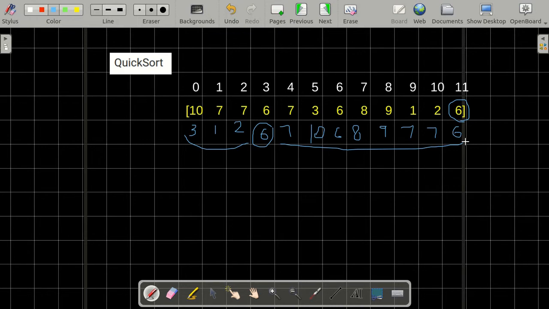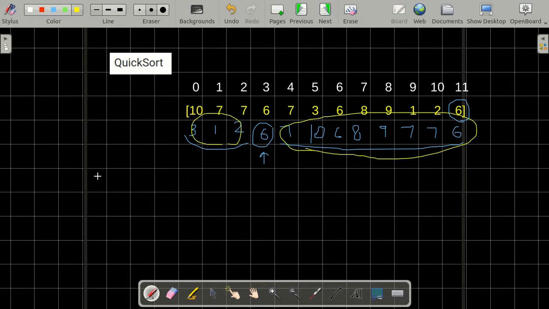Now what I have to do is, once I have called the partition algorithm and I have got the index on which the number has been placed correctly, I am going to call the quicksort algorithm for the rest of the two arrays. This means that after making sure that this element is in the correct position, I am going to have another recursive call for the first half and for the second half.